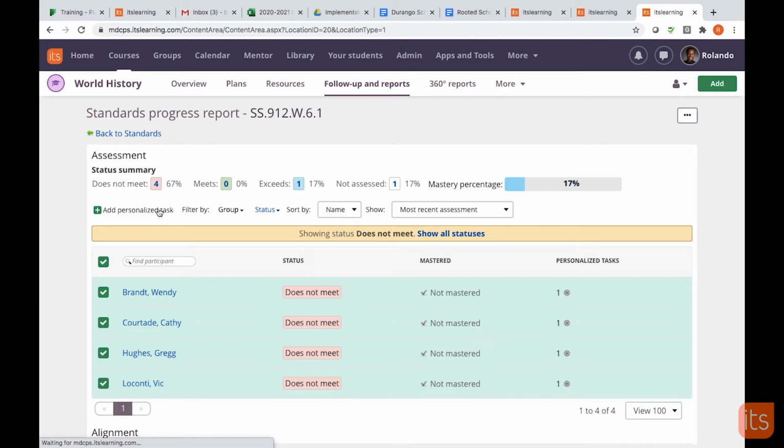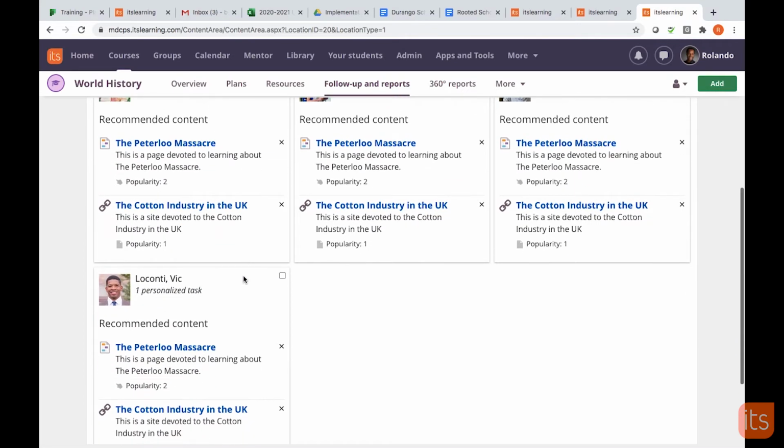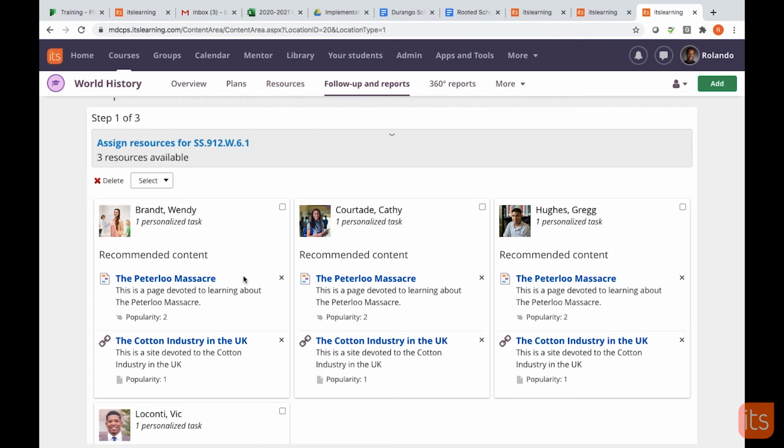When I click Add Personalized Task, it's going to provide some content for those 4 students based on that standard, the content aligned to the standard in the library. So it's recommended some content here, but I don't want this one. It's not quite what I want, so I'm going to click the X and I'm going to remove it for